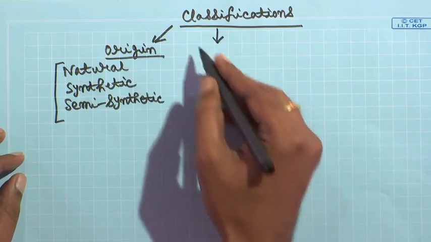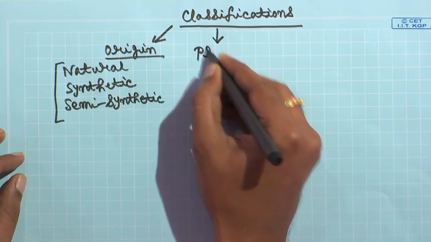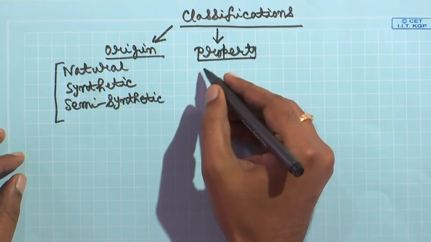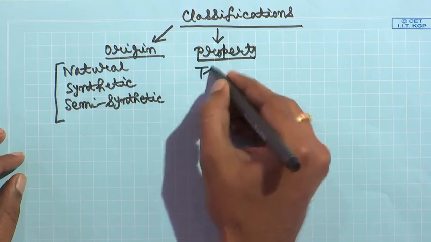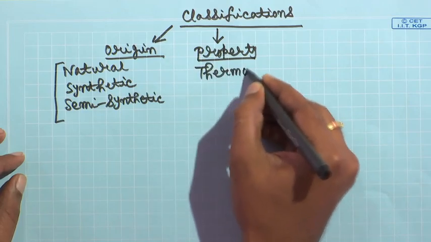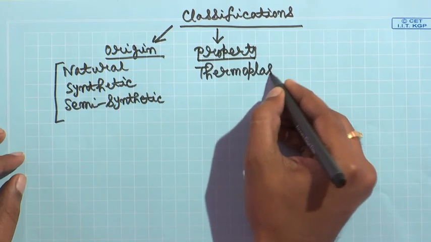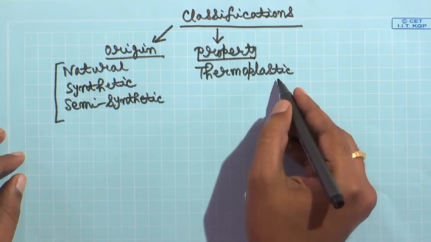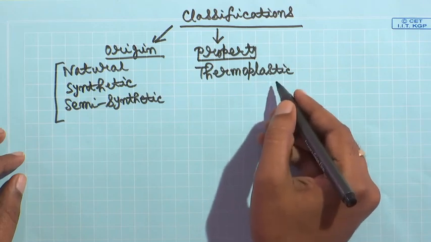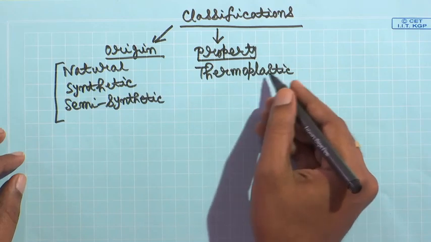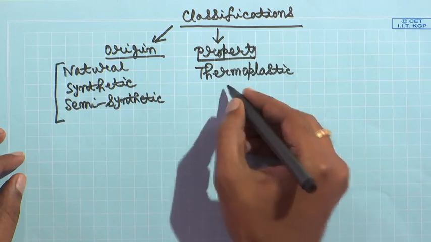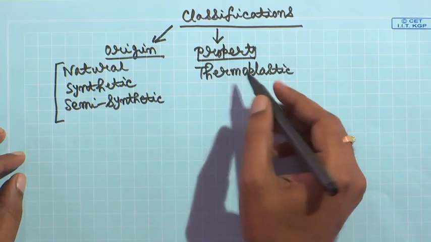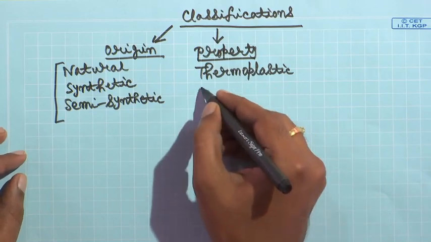Also, on the basis of property, we can have polymers which are, say, thermoplastic. So, these are materials which when you heat become moldable, and when you cool become more rigid. So, an example could be polyethylene terephthalate. We will talk about that in detail when we talk about the synthetic processes. Or we could have